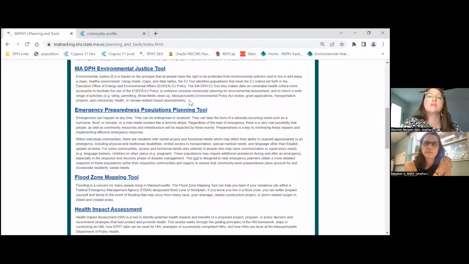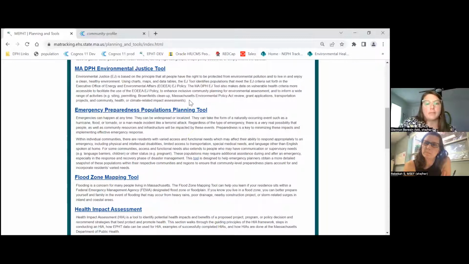So we have both the demographic criteria, who in Massachusetts and where are these environmental justice neighborhoods, but also these vulnerable health environmental justice criteria that were added to the policy that look at specific things that would qualify an environmental justice neighborhood to be an environmental and vulnerable health environmental justice neighborhood. So basically, evidence of higher levels of environmentally related health outcomes. And so it's a nice way of summarizing that data.